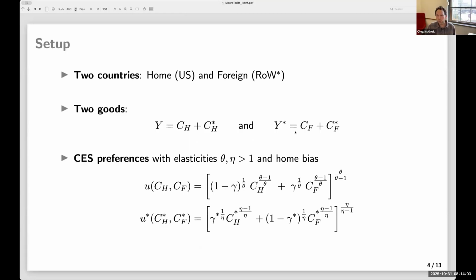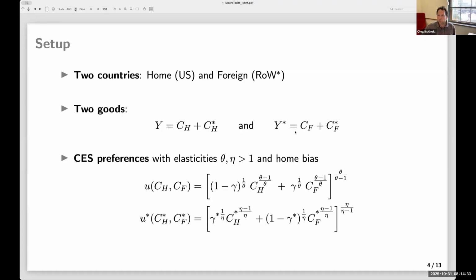Okay, so I will just jump into the model, and the model is very simple, but at the same time, I think it has exactly the ingredients. You can definitely generalize the model, and there would be important things that we're missing if one wanted precise quantitative numbers, right? For example, we're not going to have intermediate inputs and global value chains, which are important ingredients for assessing optimal tariffs. We're just going to ignore that. We're not going to have FDI, which could be quite important.